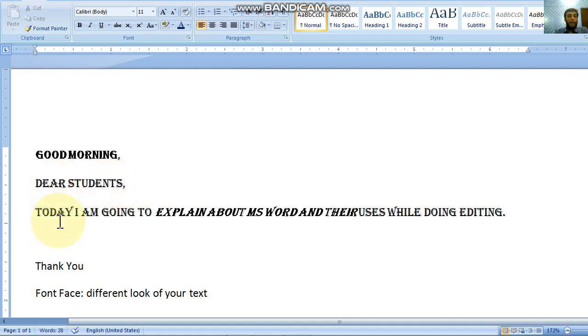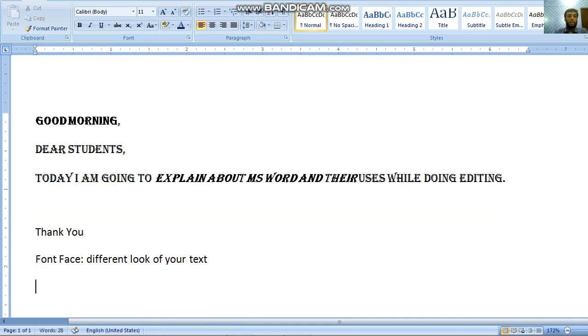Now after changing the font face, I want to change the font size. Font size means you want to change the size of your text, content or document. How can you do that? Again, selection is a very important point.